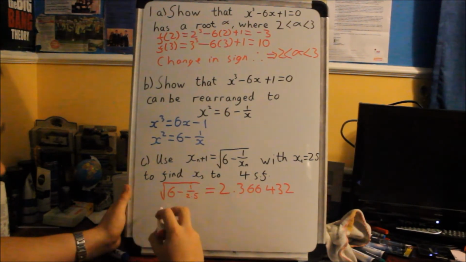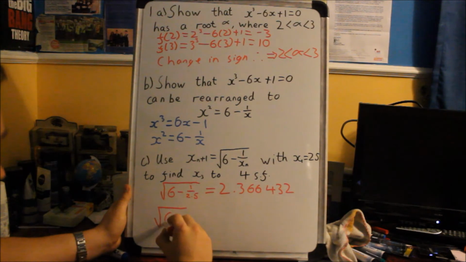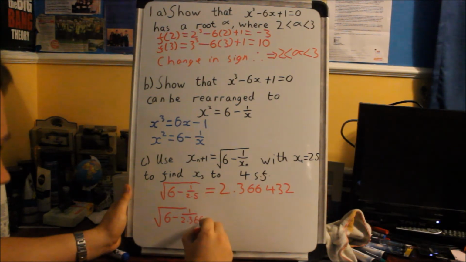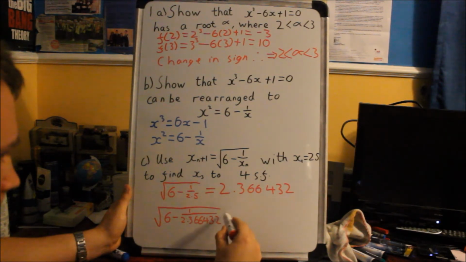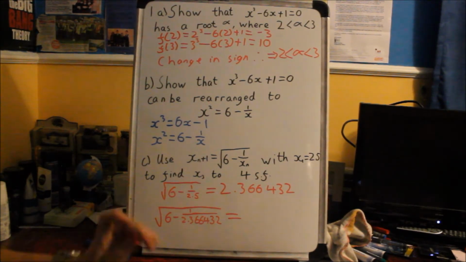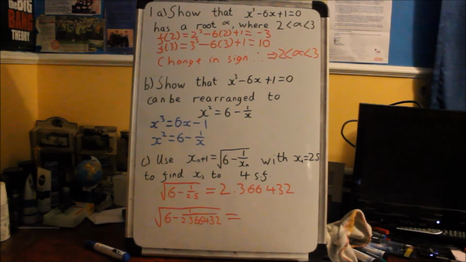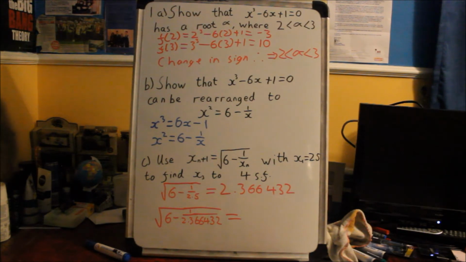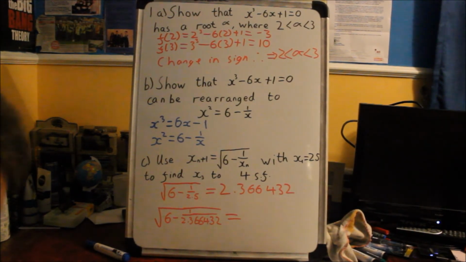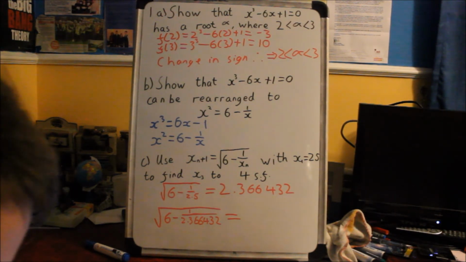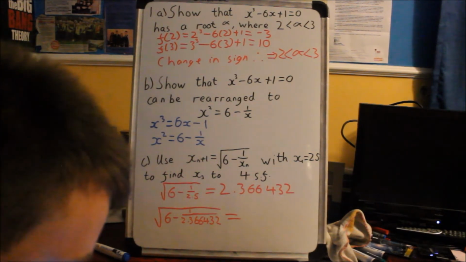Okay, we then put that into it to get x3. So we get 6 minus 1 over, but this time it's the 2.366432. So 1 over that. And that will give us our x3 value, and that's the answer to 4 significant figures. Now, I can't do that in my head, so I'm going to type that in and see what I get. So I'm going to put in the square root of 6 minus 1 over 2.366432, and I get x3 to 4 significant figures to be